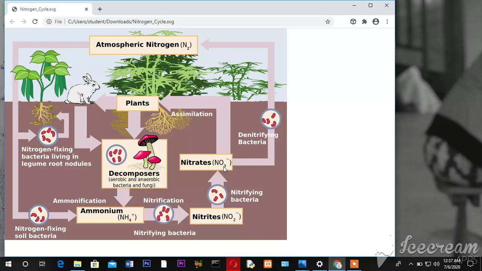and the cycle will repeat. From the nitrogen fixing bacteria that will fix the nitrogen into ammonium, into nitrates, nitrates that can be used by the plant through assimilation, and these nitrates is then